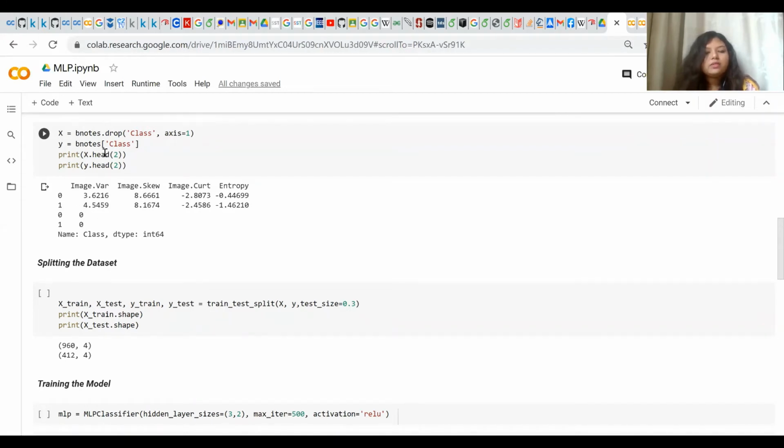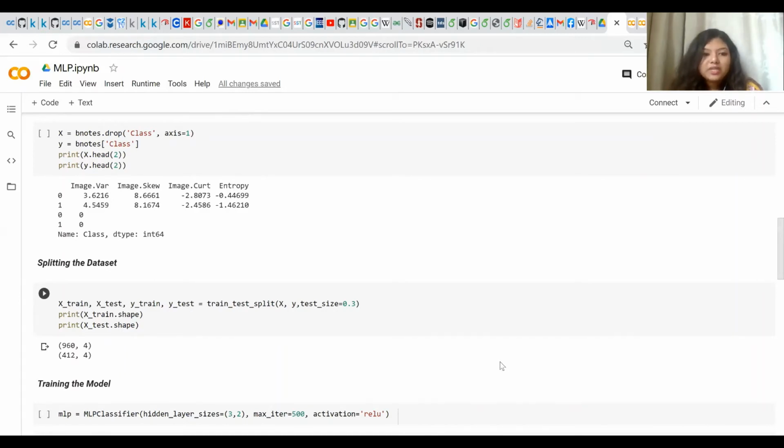Simply by the drop function, we have dropped the class attribute from the data set and put it in the X variable, and the class is in Y. So we have checked if our command is done successfully. We can see that the first two rows show no class, and the other two show data from the class attribute.